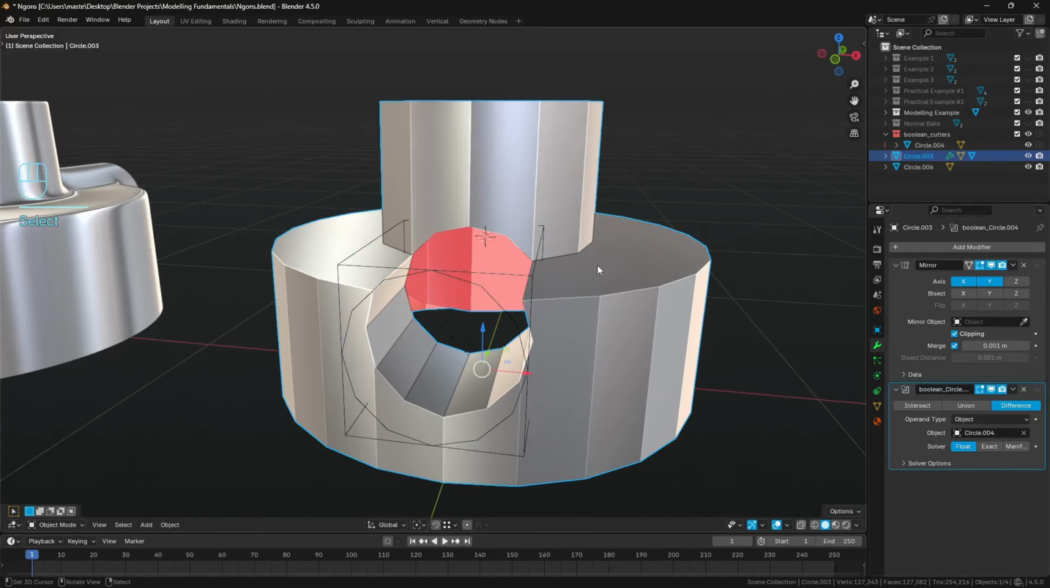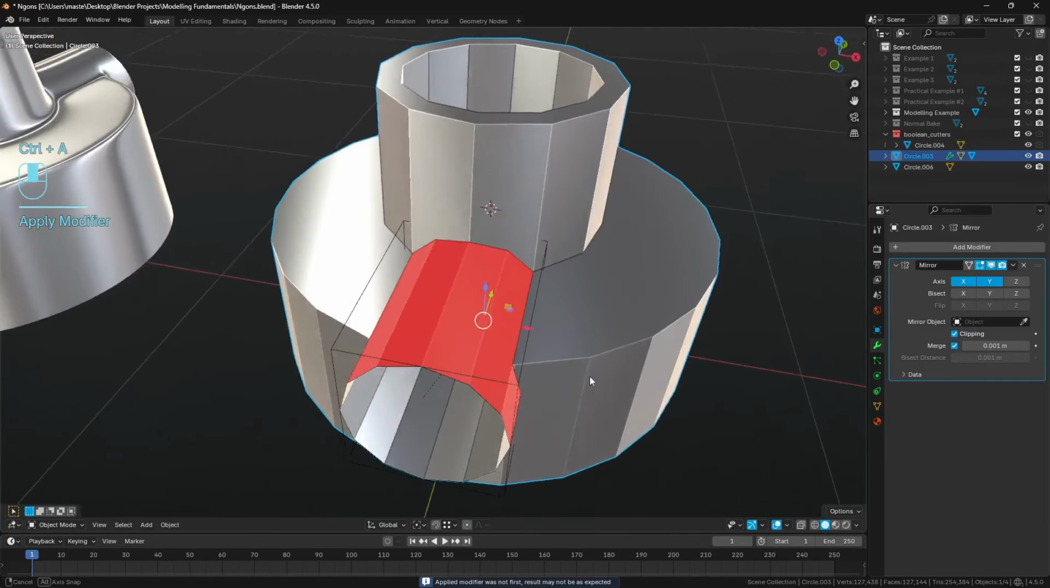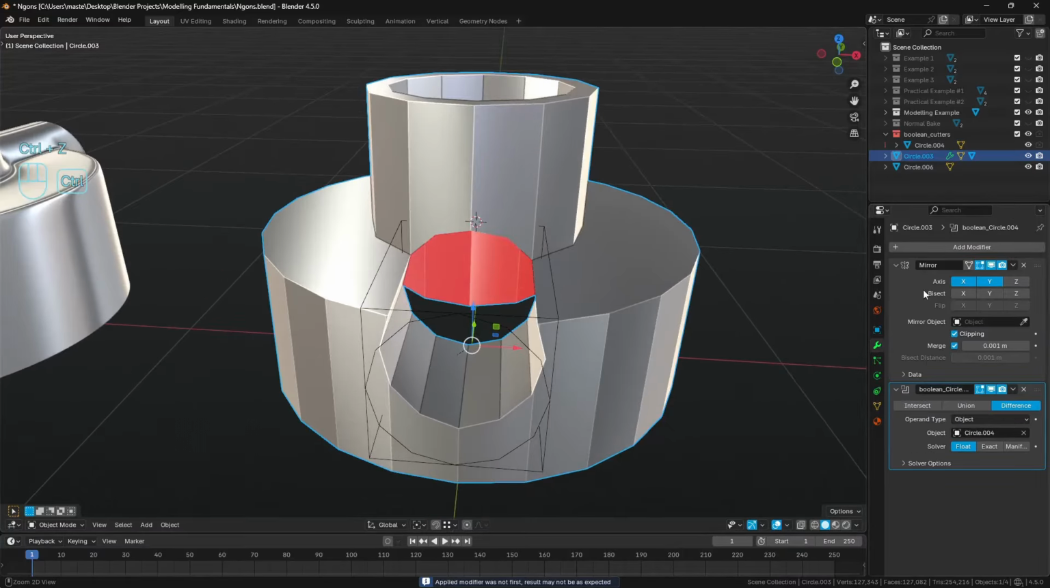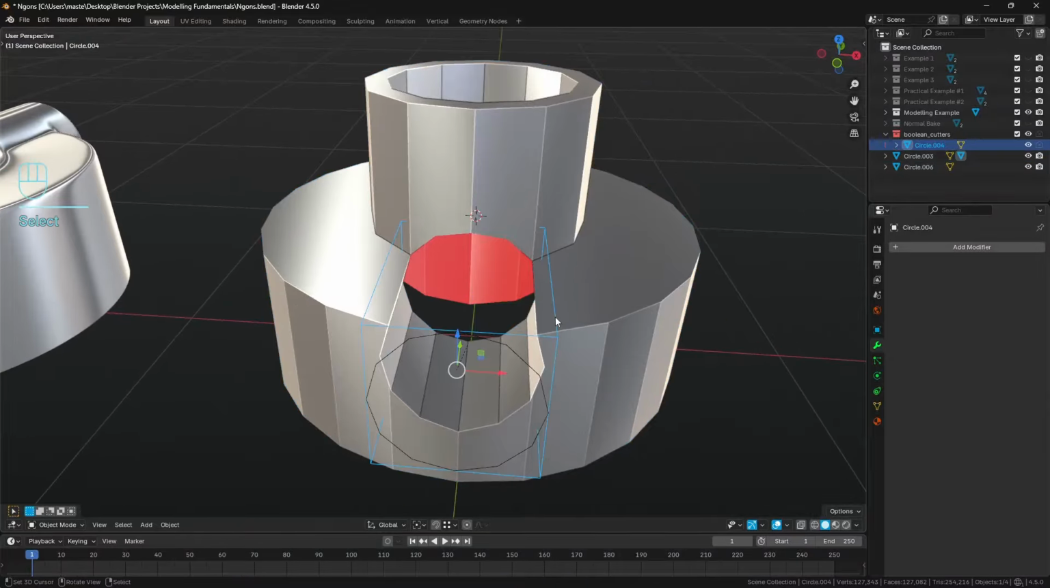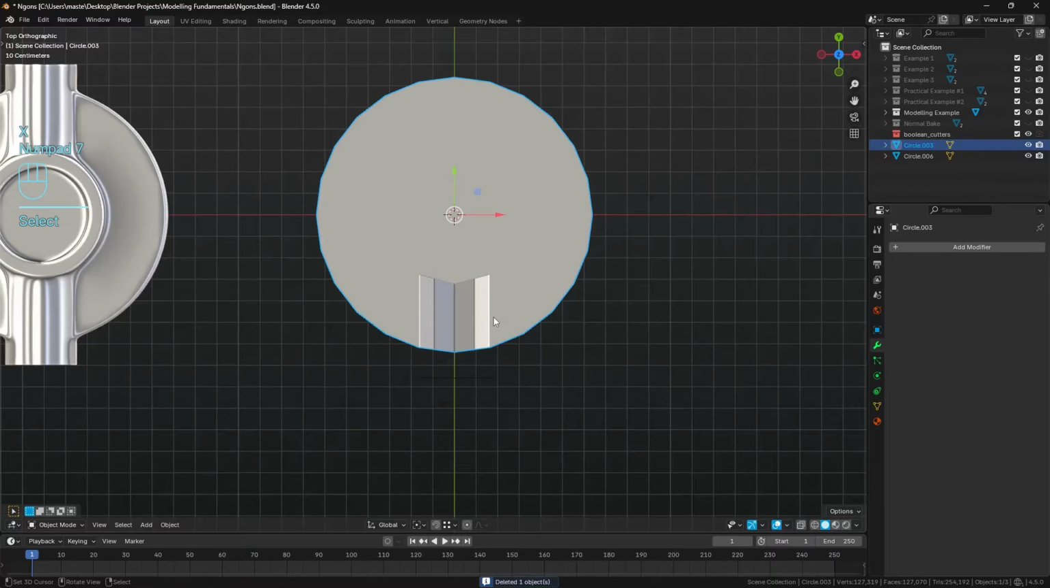So I'm just going to do that as a brush, just so I can see that it's going to work. In this case, it definitely does. So I'm just going to go Control A on the Boolean and apply it. And it looks like I might actually have to apply the mirror and then the Boolean. Yeah, because obviously the way I've set this up is not going to work. So yeah, sorry, we'll have to apply the mirror and then